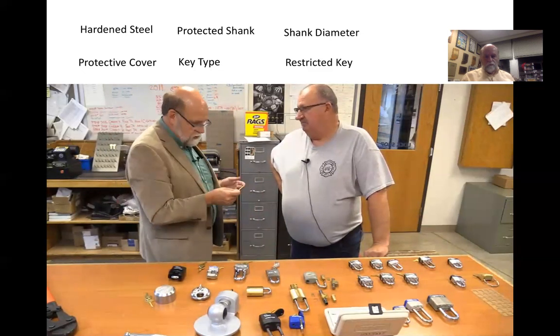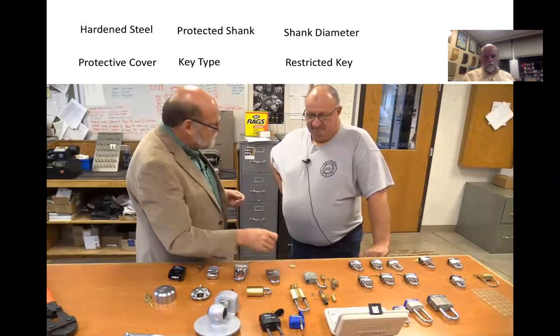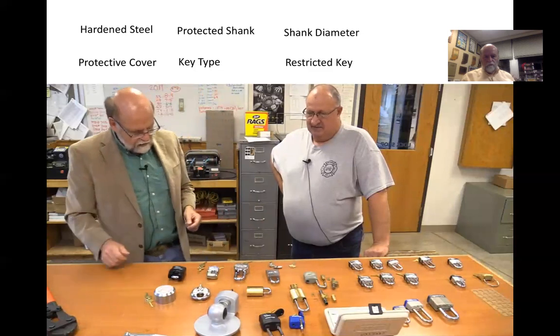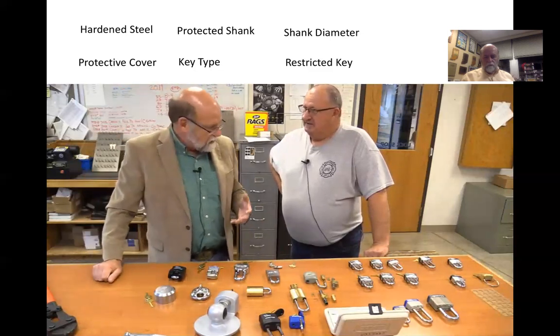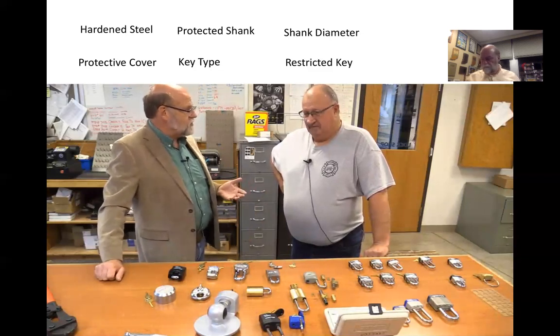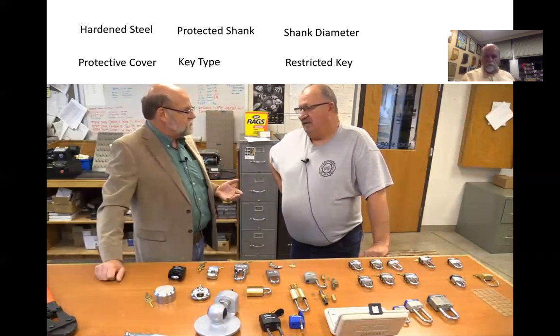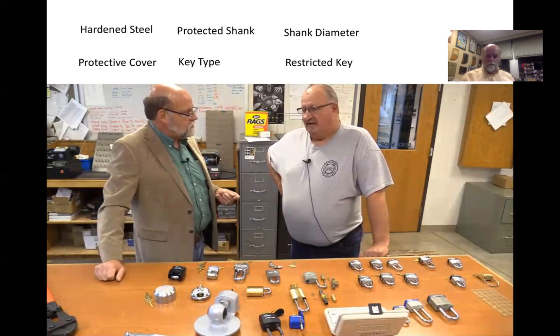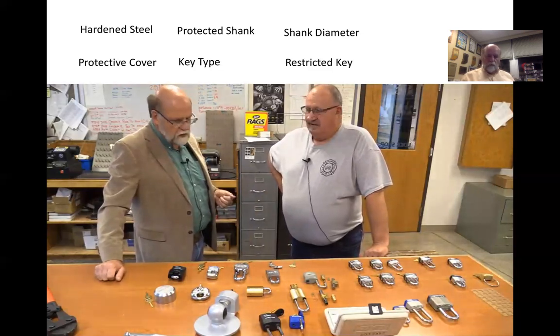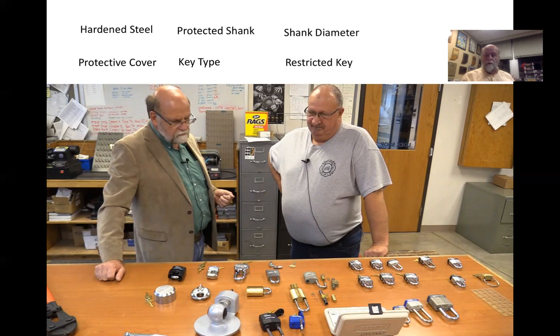They're restricted keys, and even to these keys here. Sure. So if I start looking at all of that, I'm going to be looking at probably $50, $75. Yeah, I would say, for you to get a really good padlock, you're talking about $50. Very good. And so is $50 too much of an investment to protect 20, 30, 40,000